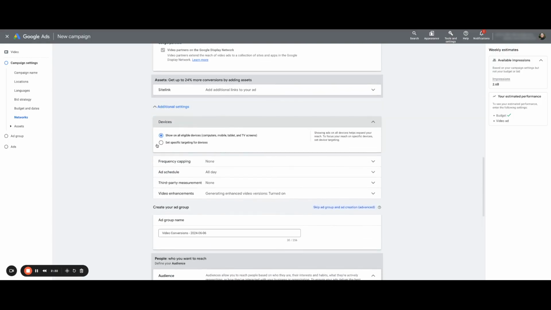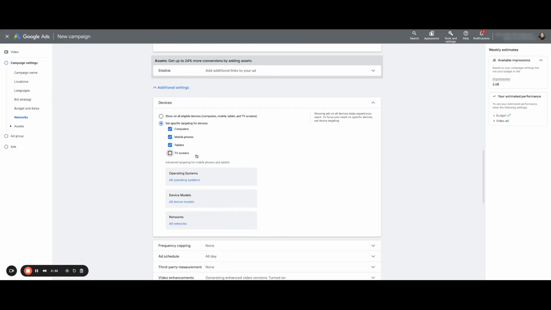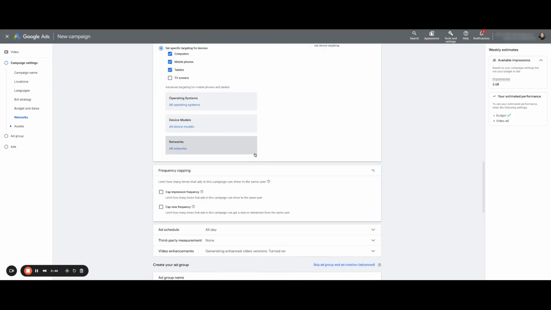For devices, we do want to change to specific devices. We want to disable TV screens. You can leave on computers, mobile phones, and tablets, but disable TV screens. Most people cannot click an ad when it's on a TV screen, depending on their TV, but either way, most people do not. So it is a waste of money in most situations to spend on YouTube when it's on a TV screen. For the frequency cap,